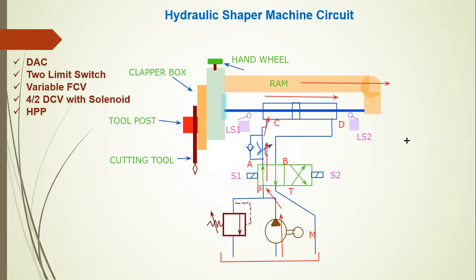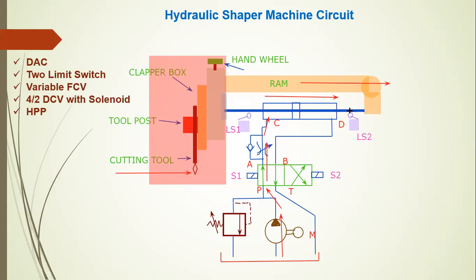So whichever motion the hydraulic piston cylinder arrangement rod makes, left side or right side, like a reciprocating motion, the ram also follows the motion of the connecting rod. So the whole assembly of this shaper machine moves with the hydraulic ram, and the cutting tool also moves in the right hand side direction, cuts the metal and removes the metal from the job. This is the first step.